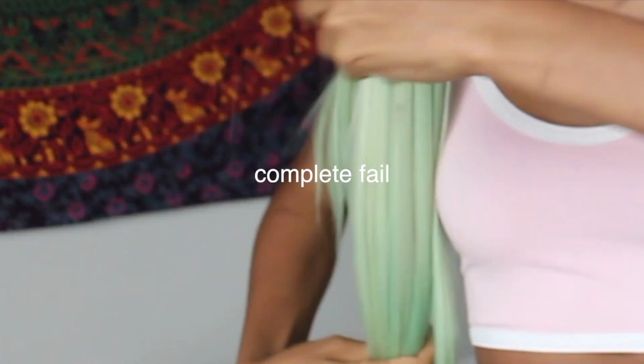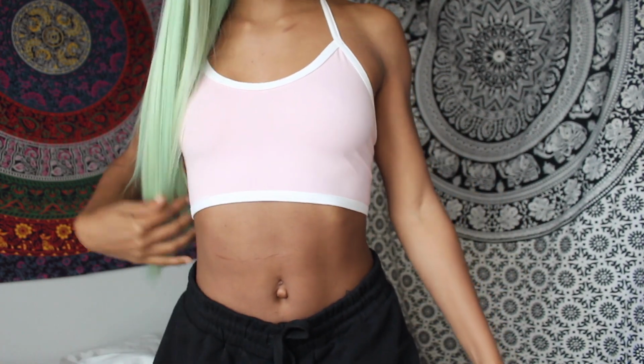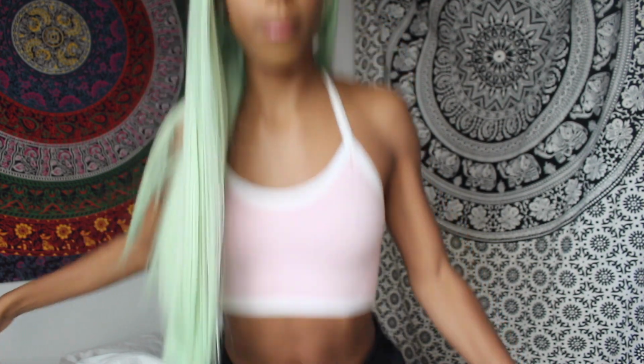Looking a little bit different in this video because today I'm going to be showing you guys how I have this mint green. And this is a good, I want to say, I don't even know, like 28 inches, because it's stopping at, like, basically my butt. And guess how much it was? Literally, this wig with the dye was less than $45, y'all. Less than $45 to get a really good quality